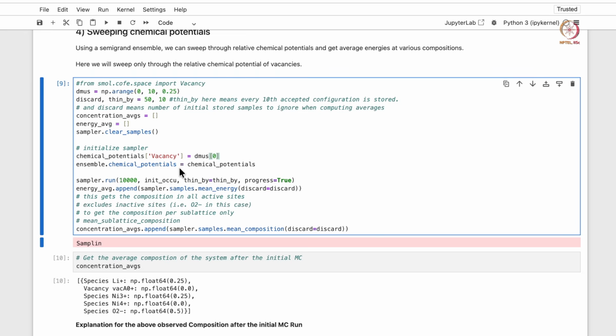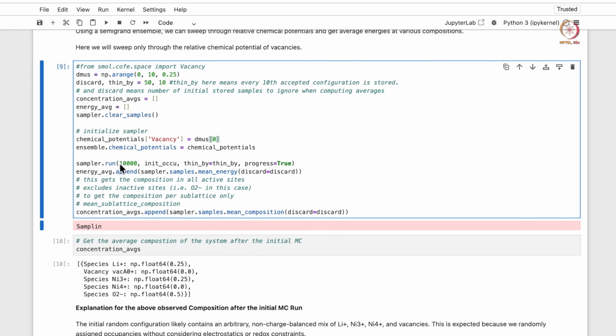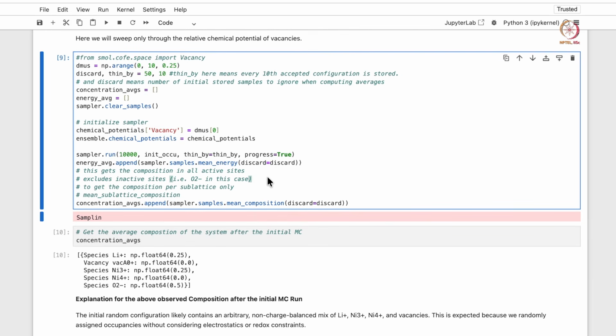If we see the sampler.run here, we have defined parameters such as 10,000, which is the number of Monte Carlo steps. The initial occupancy we had defined earlier, and the thin_by parameter we had also defined earlier. If we execute this cell,